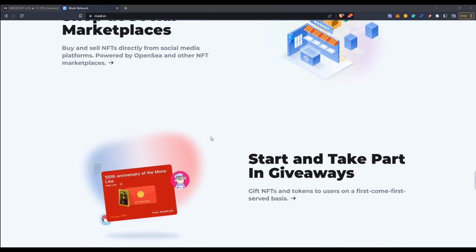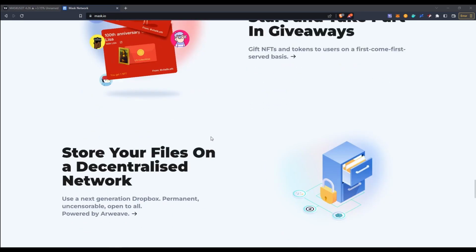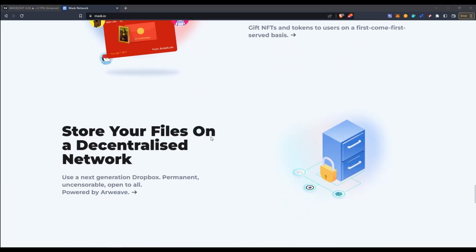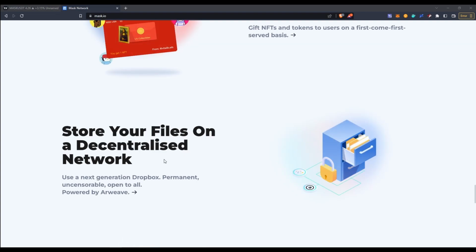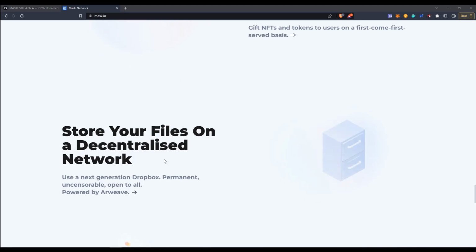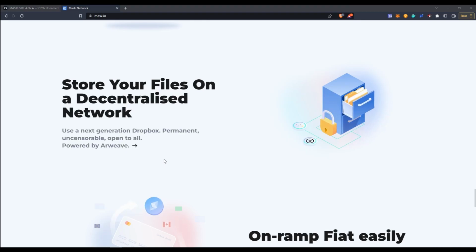So all those dots are suddenly connecting, and last but not least is storing your files on a decentralized network. So there is not going to be a single point of failure like we have with Google Cloud or Microsoft Cloud, where there is centralization. Here you are going to have a decentralized network.